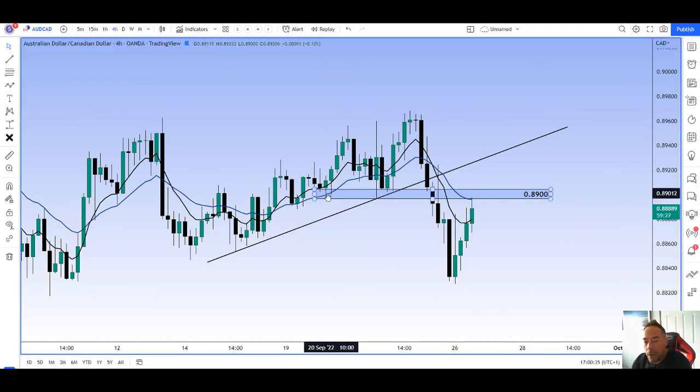0.89 is just an area where we saw support. We broke it, so it could be an area to watch for potential resistance. So we've come close to the area. Actually, the high there is 88.98, so literally 2 pips away from where I was looking to sell from. But what's also important for me is the fact that we've come and interacted with this 20 moving average on